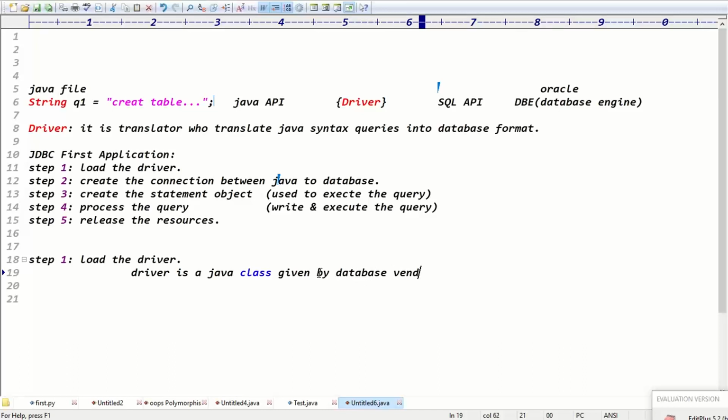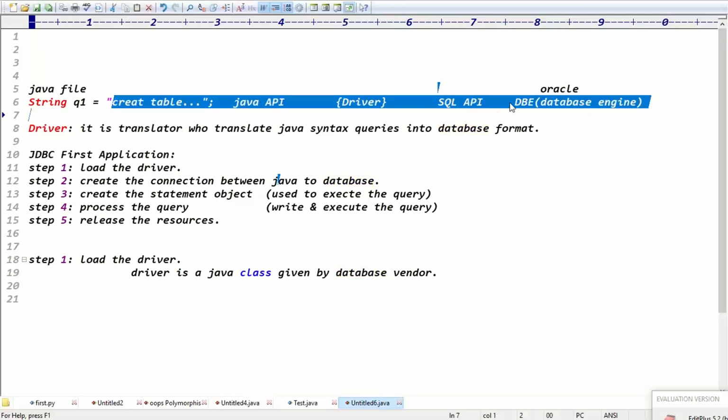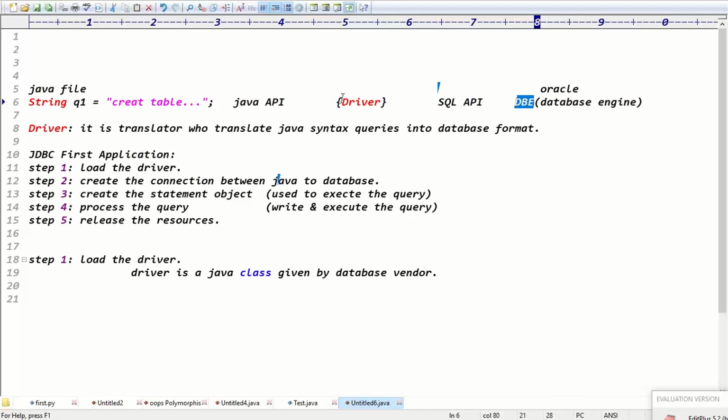It means the database person. Oracle vendor gave the driver class that is responsible to convert the queries into Oracle format. MySQL vendor gave the driver class which is responsible to convert into MySQL format. The driver class is given by the database vendor itself.